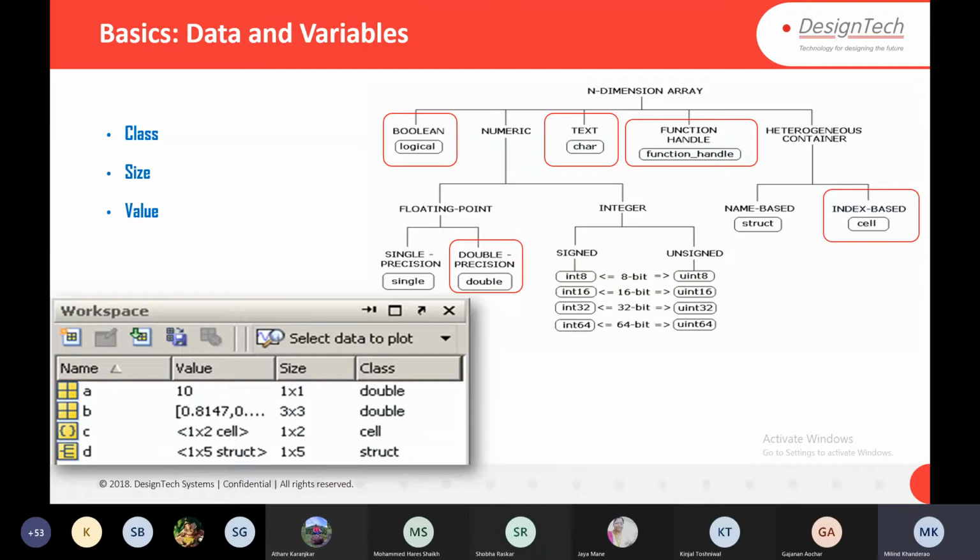Numeric has floating point or integer. Floating point might be single precision or double precision. Integer has signed and unsigned types, let's say 8-bit to 64-bit. The heterogeneous container might be structure based or cell based. Structure based means name based, and index based means cells. An example is here, you can see the name, value, size, and class.